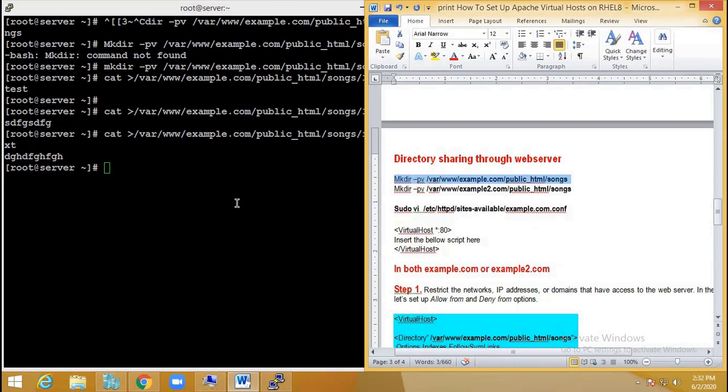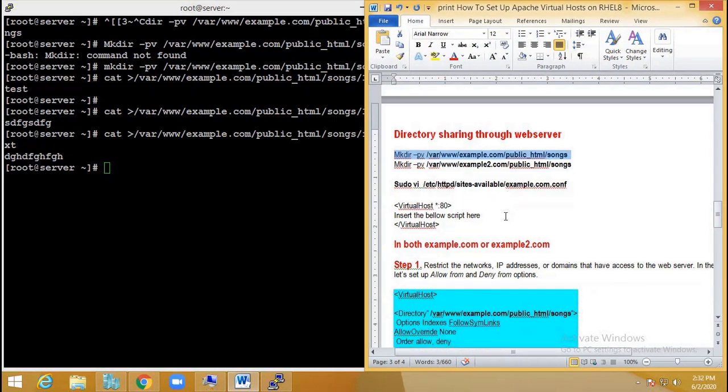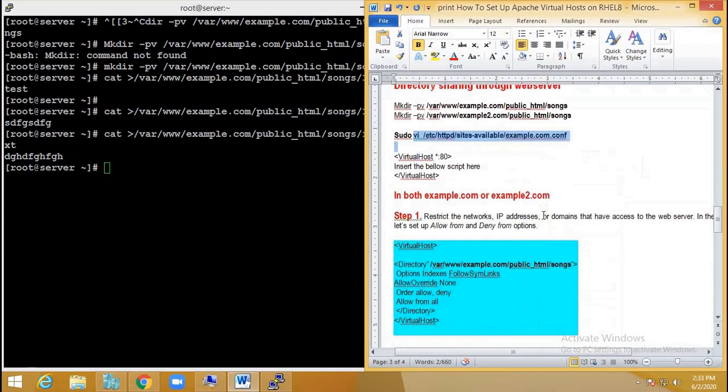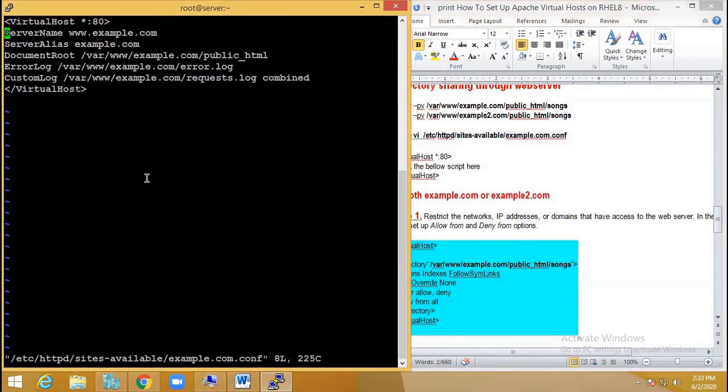Now how can we share this folder through the same website? I have to go to the virtual host file which we have created, that is available in sites-available, example.com, and in that we have to write a script.